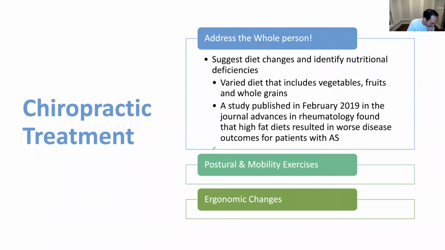Yeah. So for the next thing, there are things you can do like postural and mobility exercises. So you want to keep your joints healthy. You want to keep your joints moving, and you want to keep your chest moving as well, because again, it's one of the conditions that attacks the ribs, and so chest expansion will be reduced. So you want to make sure that you're doing deep breathing exercises, thoracic spine mobility exercises like cat camels, and fire hydrants, kickbacks, pelvic tilts,